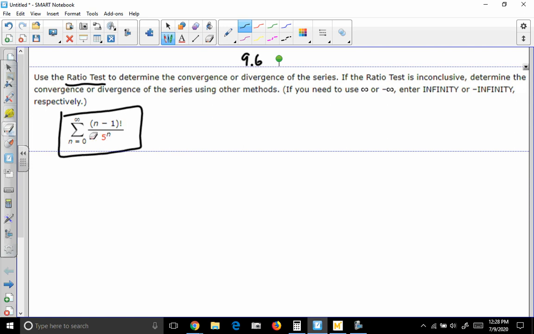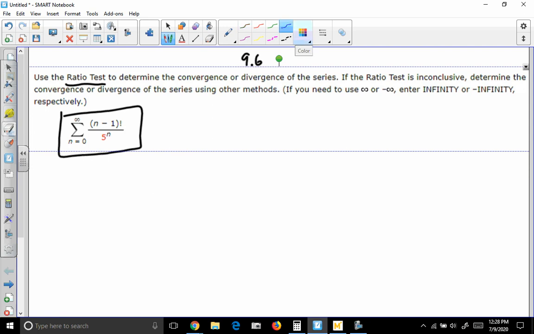For example, this is not an alternating series. It's not a P series. It has some characteristics of a geometric series in that we have a number to the nth power on bottom, but we also have this factorial that makes it not a geometric series. We're changing what the numerator is each time. So